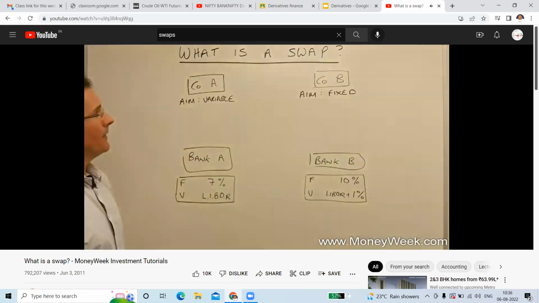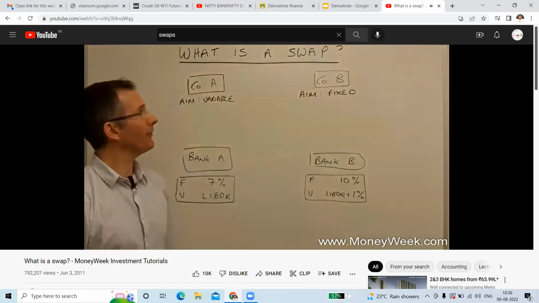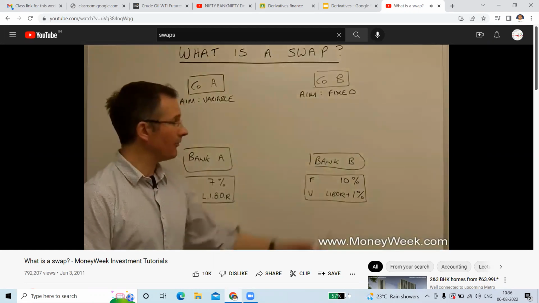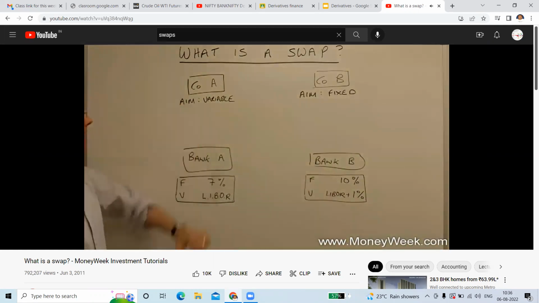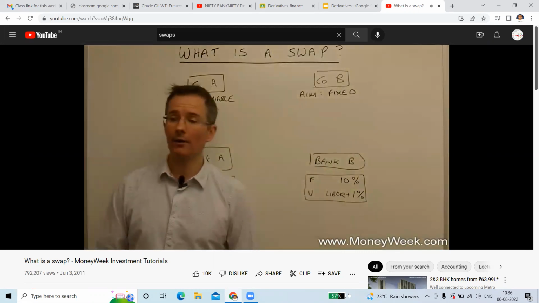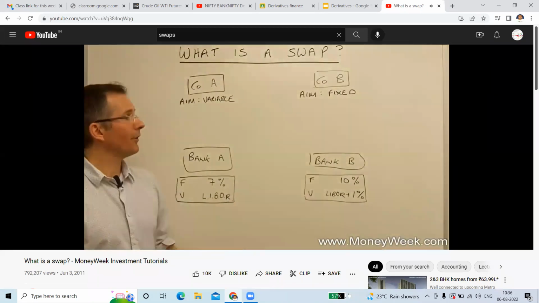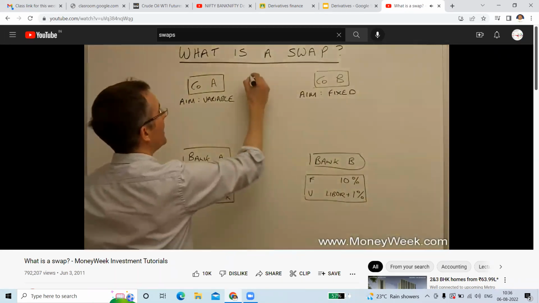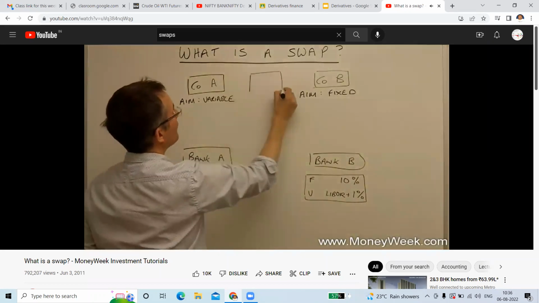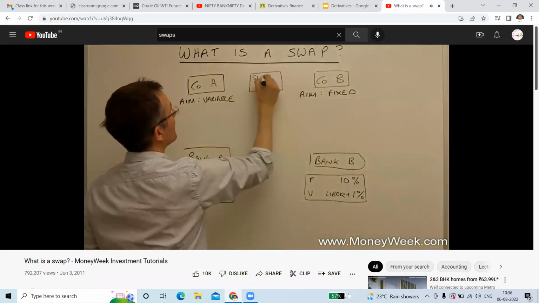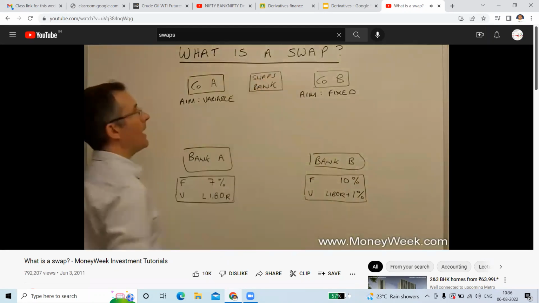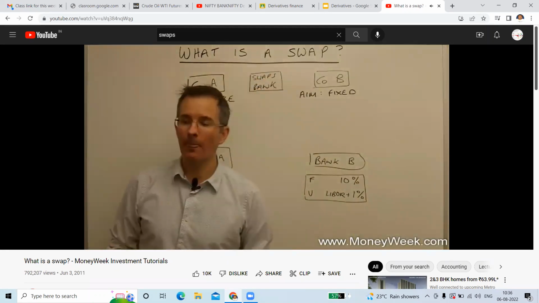Okay, now, you might think Company B wants a fixed interest loan, so it just takes the 10%. Company A wants a variable rate loan, so it just agrees to pay LIBOR on 5 million. But actually, and you may be able to see what's coming, there's a way for a swaps bank, which I'll pop in here, to help both of its clients and make a bit of money for itself at the same time.